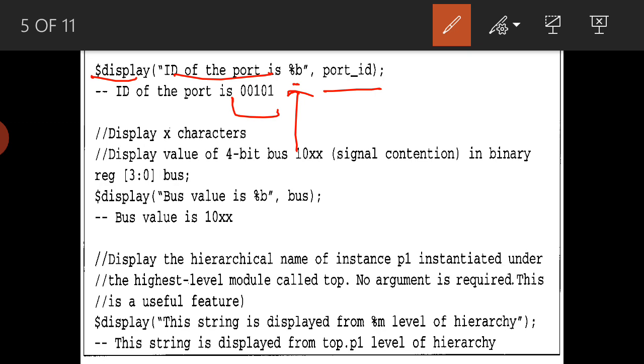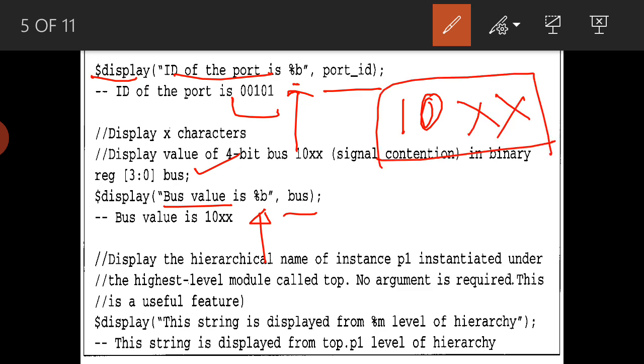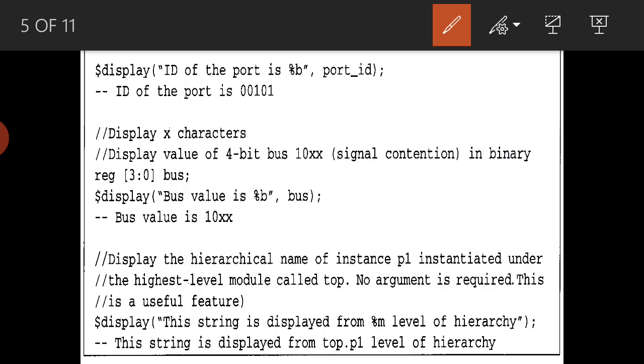Similarly, if I want to display don't cares, the variable I have declared as a 4-bit reg, and $display bus value is %b bus. Suppose the bus value is 10xx. Then it will be displayed by $display as 10xx. That is in %b, meaning that is in binary.